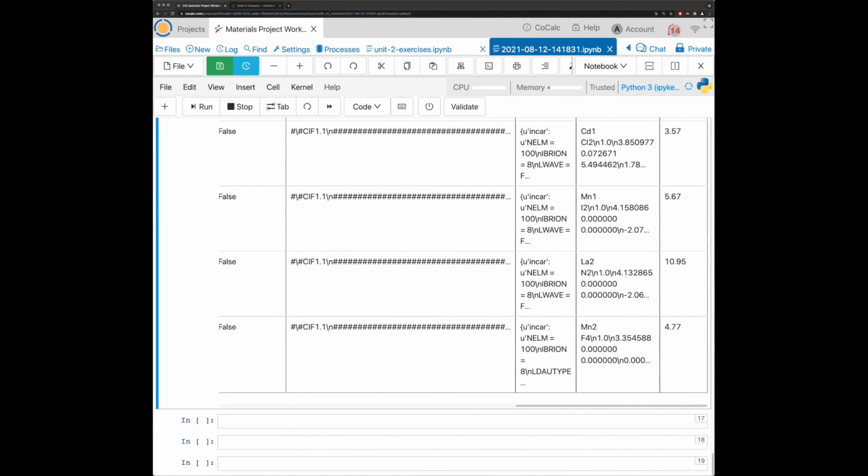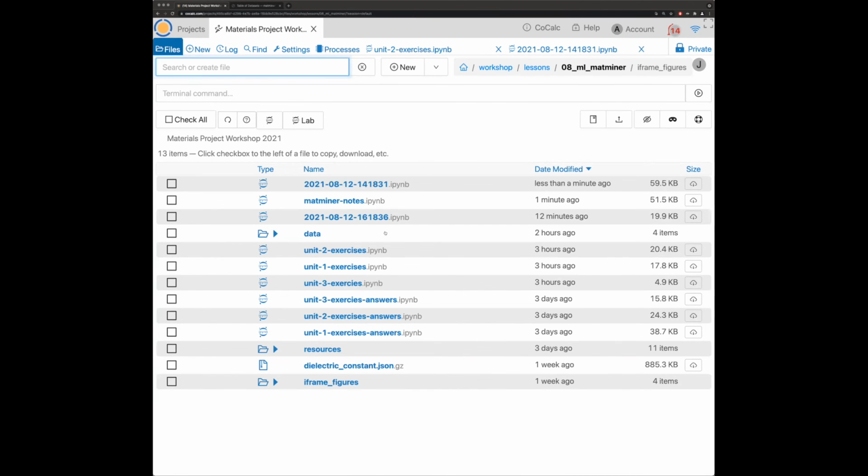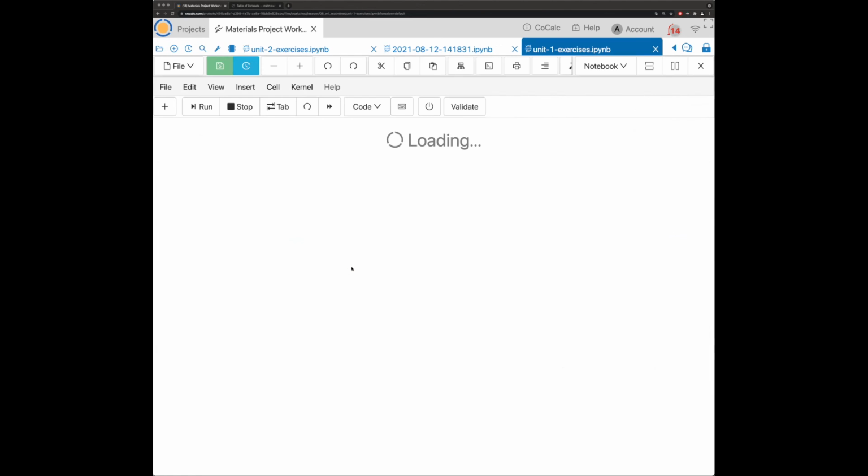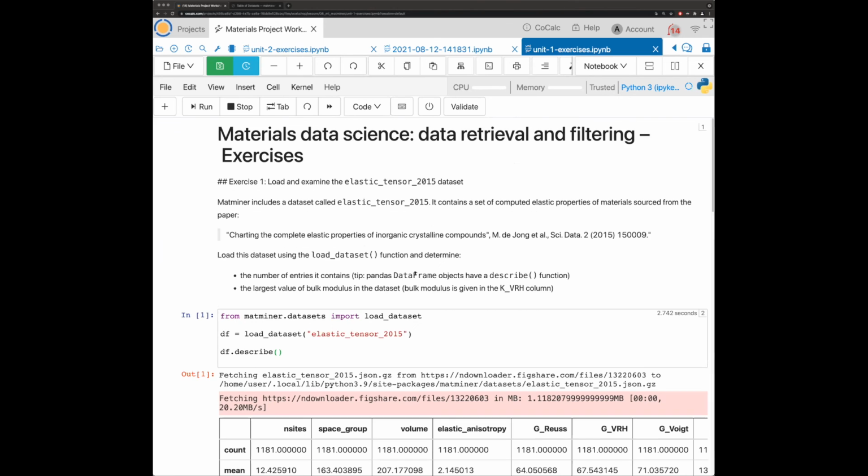Okay, so that concludes the first part of this lesson. Now you should go to the exercises. So we'll go into files here in the 08 ML Matminer directory. We'll go to Unit 1 exercises, and we will start with